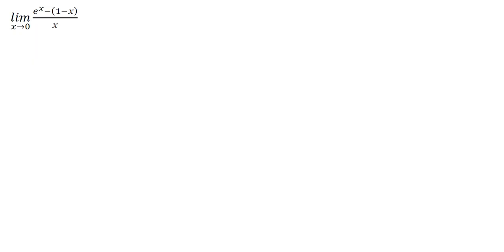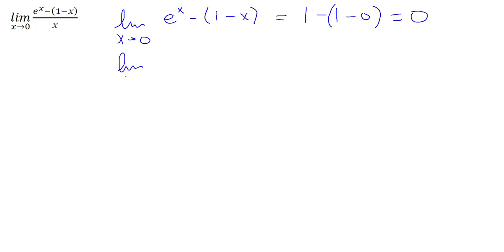All right, for our next one here, we've got e to the x minus 1 minus x, all over x. And so first thing we'll do is check to make sure this is actually 0 over 0. So we'll do a limit as x approaches 0 of e to the x minus 1 minus x. Well, e to the 0 is 1, and then minus 1 minus 0, right, is just equal to 0. And of course, the limit as x approaches 0 of x is just 0 as well. So we'll use L'Hopital's rule